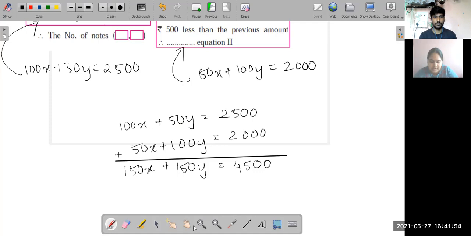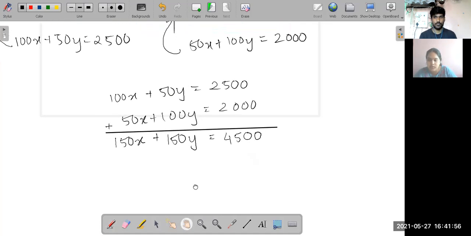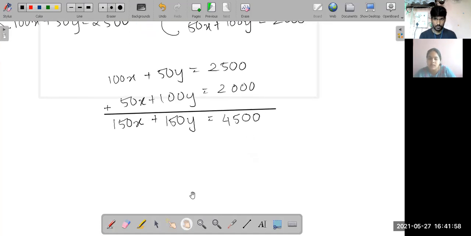Um, 150x plus 150y equals to 4500. So you divide it by this number here, you have to divide by this number. What is this number here? Okay, 150. So divide throughout by 150. So 150x upon 150, 150y upon 150,